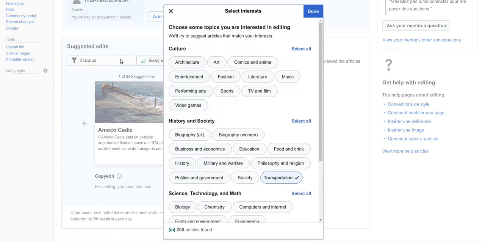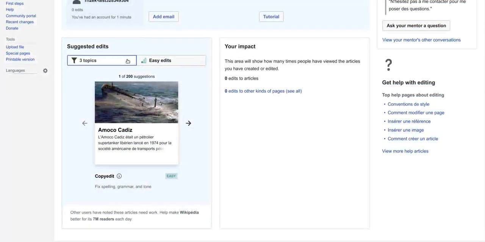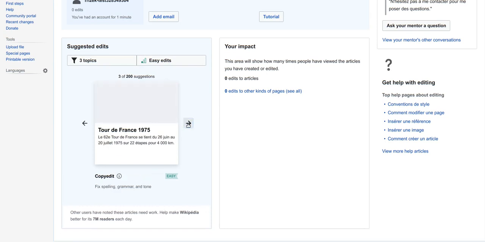So let's check what the different choices are. You can of course select your topics, and filter the topics to get more articles. When people have chosen the topics and the kind of edits they want to work on, they can navigate and find the article they want to work on.